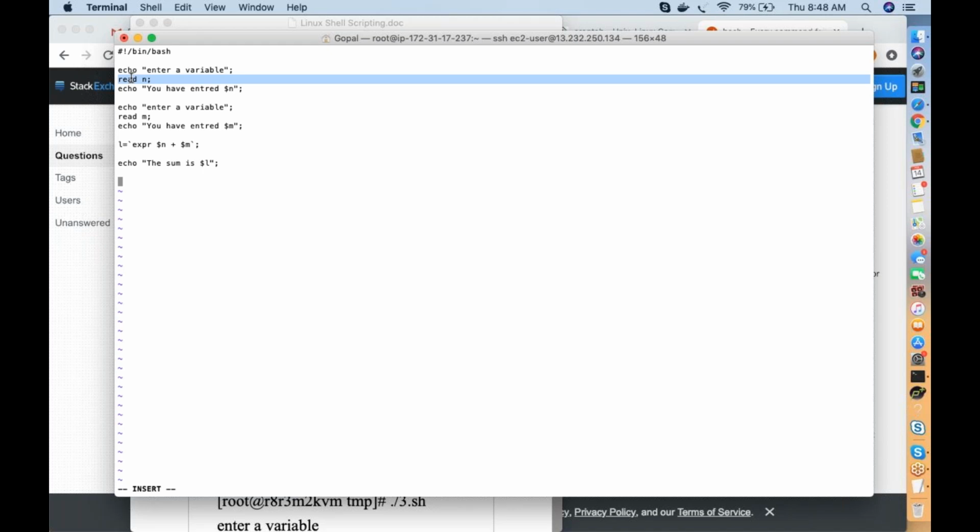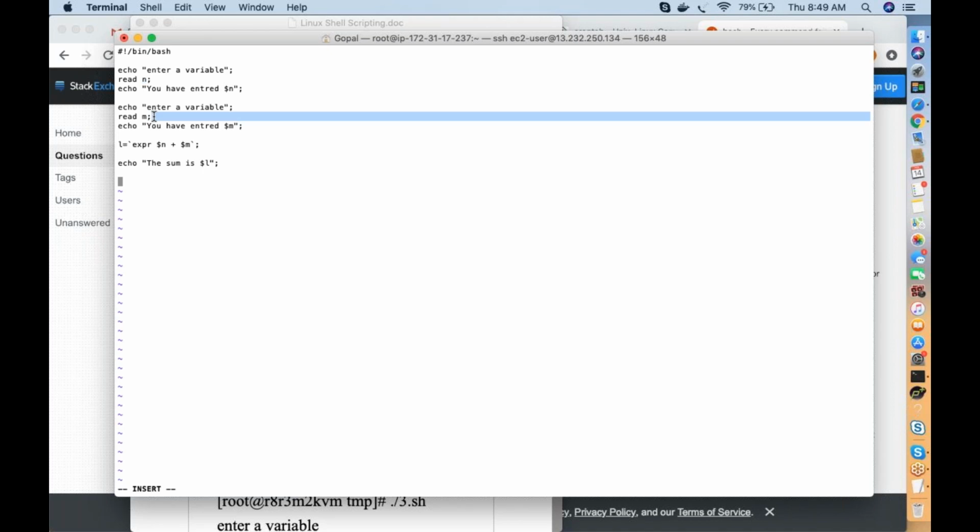Whatever value you enter, read n will read the value and assign it to n. Immediately it will say you have entered $n. $n means the value entered replaces it. In your example, n is equal to 10, so it says you have entered 10. Again it asks for one more variable, and L is equal to expr 10 plus some value, and the total sum is this one. This is the output I need to give.